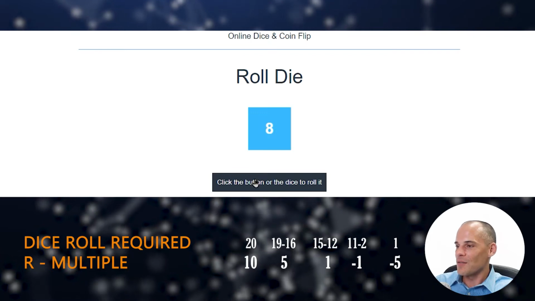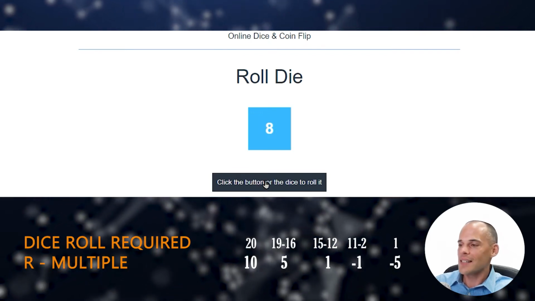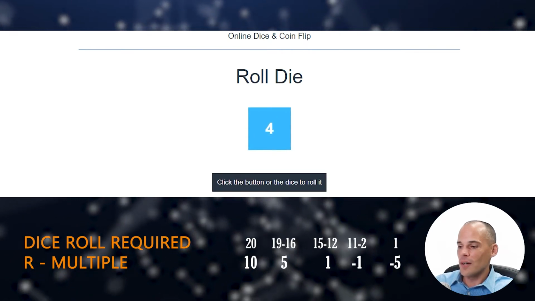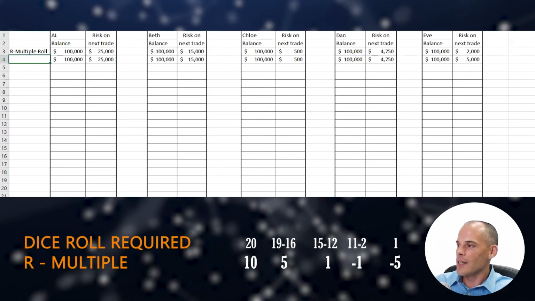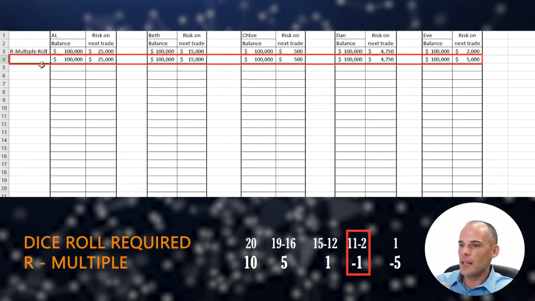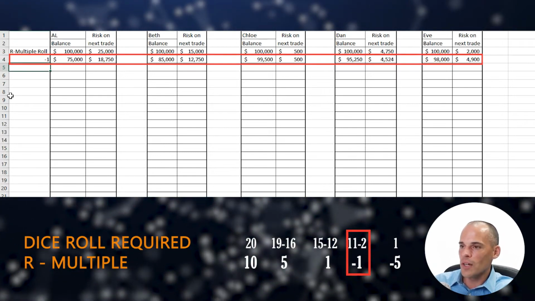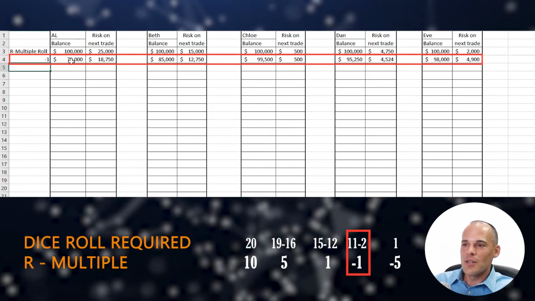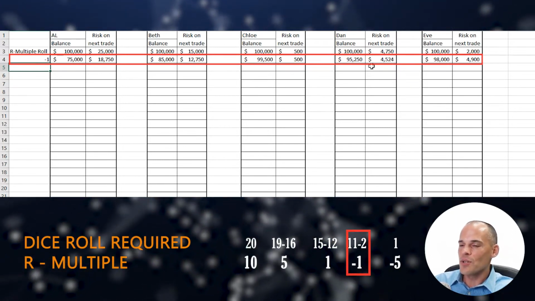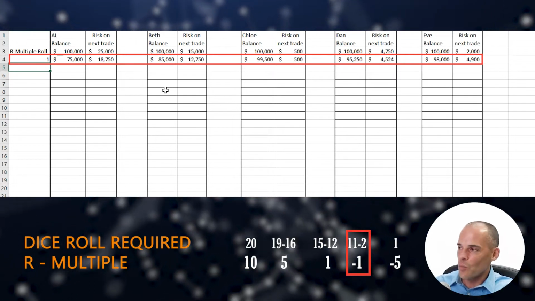So we're going to click on the first dice roll. We've got it set to 20-sided dice, and our first dice roll is 4. Okay, so let's go back to our sheet. A 4 is a -1. A 2 to 11 roll makes it -1. So we're going to go here, -1. Boom. All right. And you can tell in this case, because I have a spreadsheet, it's automatically calculated all of these winners and losers. We're going to go ahead and start with the next one, and we'll continue with that.